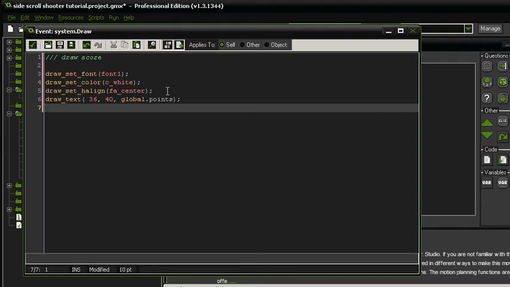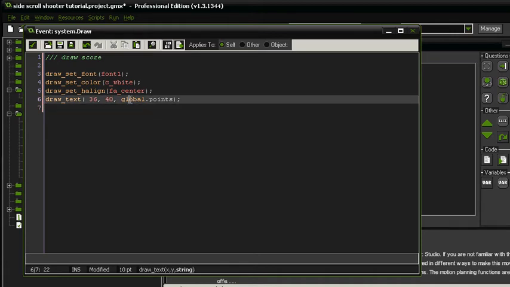So, you know, just like in a Word document, you've got right align, left align, center, etc. And then draw text function, so this is where it's going to draw the text, and the text is going to be drawn at 36 on the X axis and 40 on the Y,